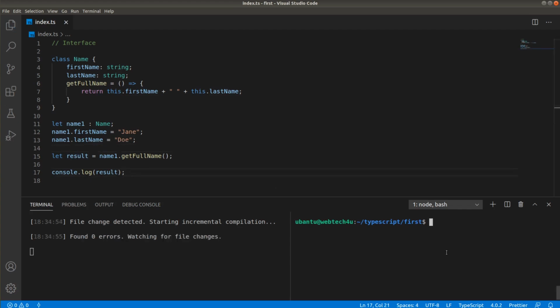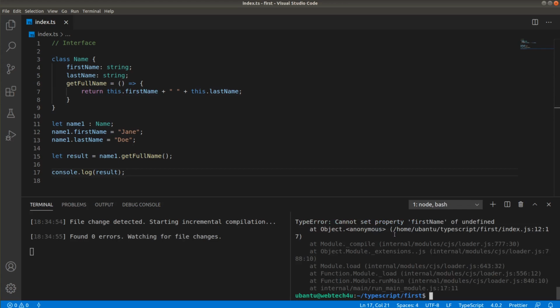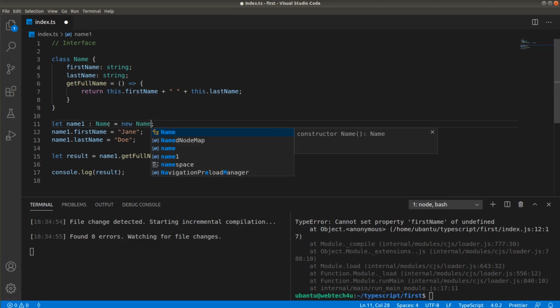So let's run the JS file to see the output, and here we get the error: cannot set property firstName of undefined. The compiler is not able to find the name1 variable because we have not initialized it. To initialize the variable, we have to allocate memory to it. We can do that with the new keyword provided by JavaScript, by specifying the class name and then parentheses.